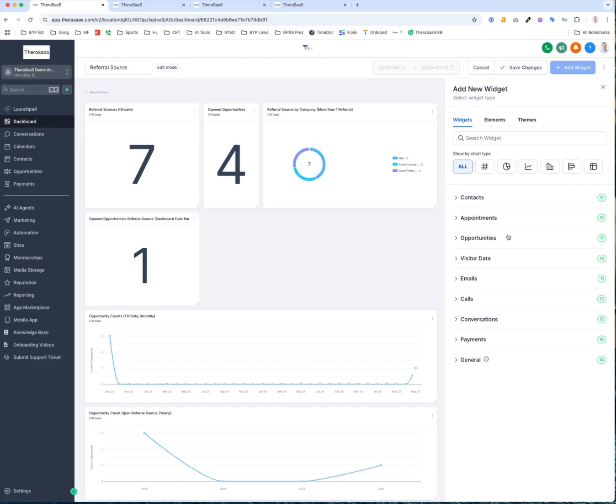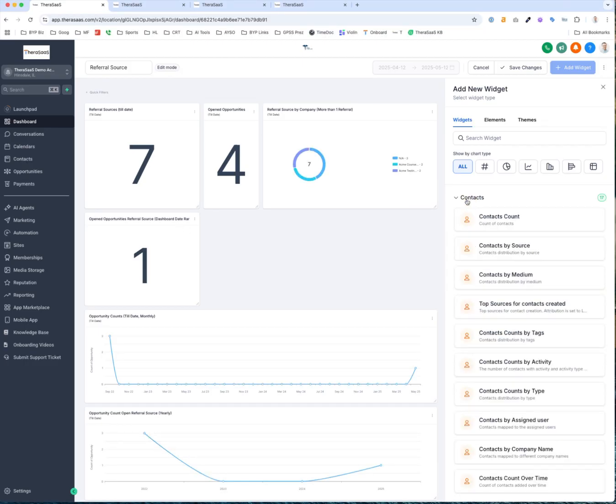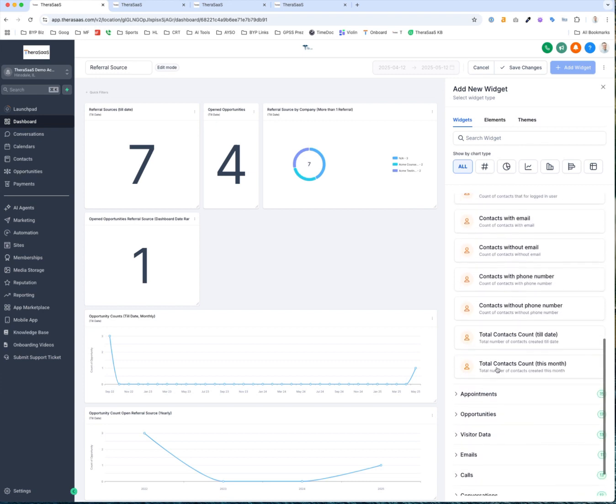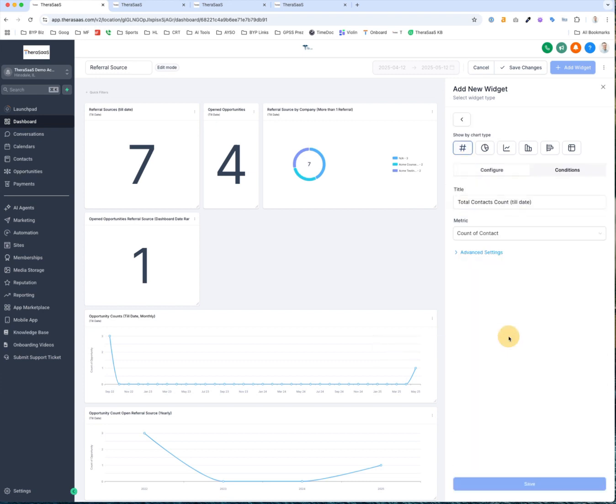And let's say source by company. All right, I believe we go to contacts, and we're going to scroll down here, total contacts till date. And let's go over to conditions. So first we're going to hit the donut, and then we're going to go to conditions, and we're going to add the conditions to